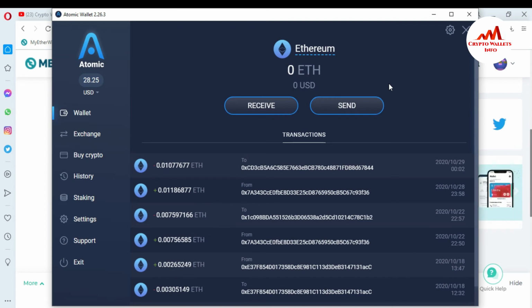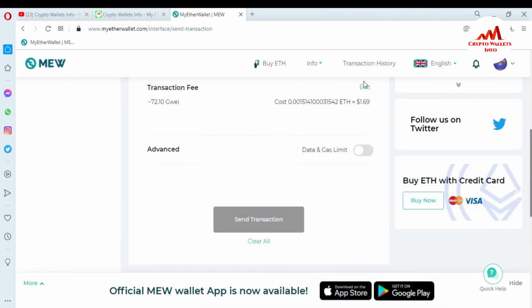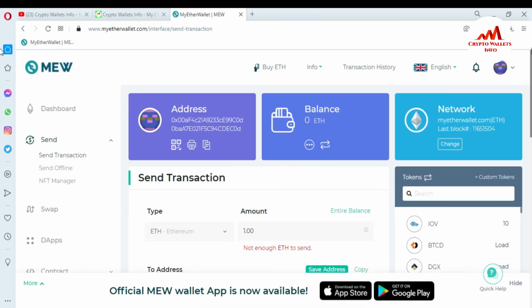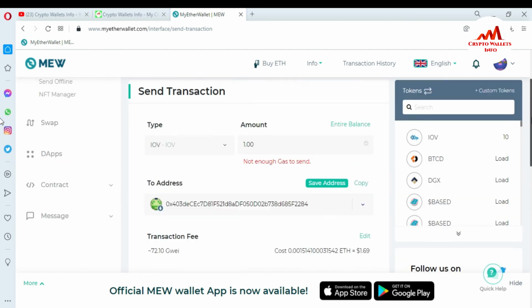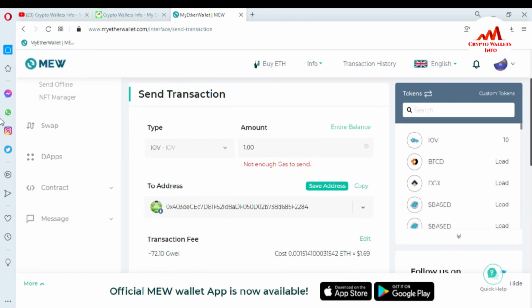So this method is a very easy way. You can easily transfer, withdraw, or send money from an Ether wallet to any other wallet. You can use any other coin if you want to send. If you have a balance on any other wallet, you just click that wallet and get the address where you want to receive money, paste it here, and after that it will show the fee here, and then you can easily make the transaction from the Ether wallet to another wallet.